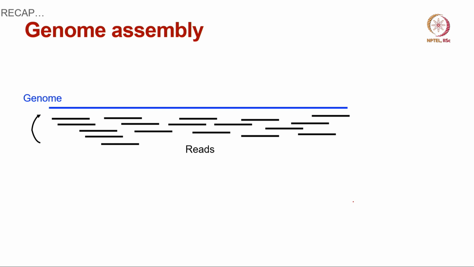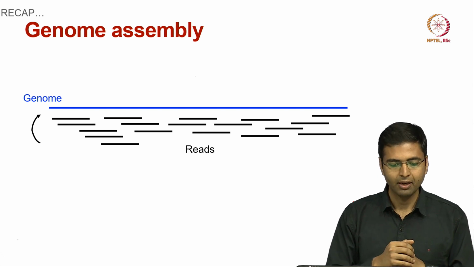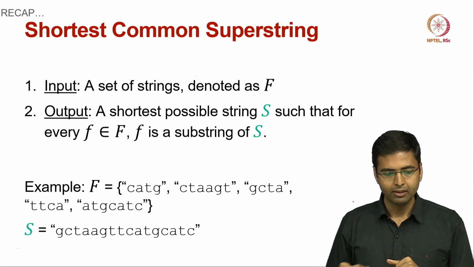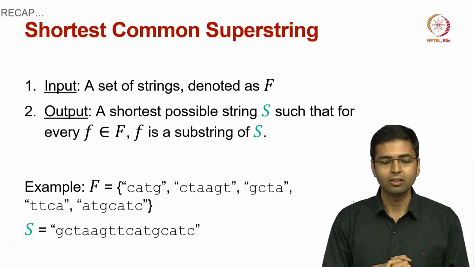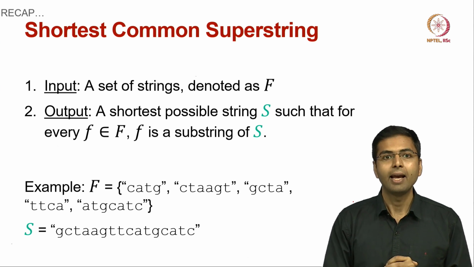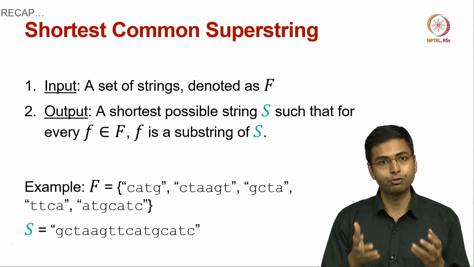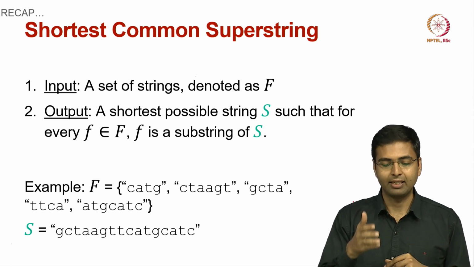Let's recollect the basics from the last couple of lectures. Remember that in the genome assembly problem, you are given a set of reads and we are trying to reconstruct the original genome sequence from where these reads were sampled. We looked at one of the first problems for solving genome assembly, the shortest common superstring problem. Here as input you are given a set of strings, for example a set of reads, and we denoted this as set F,